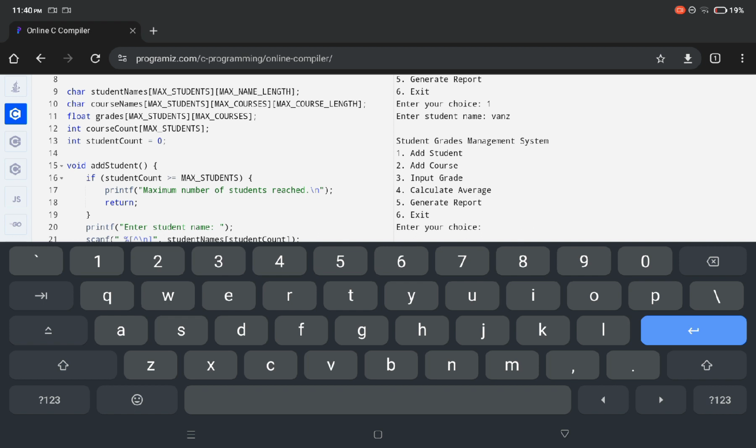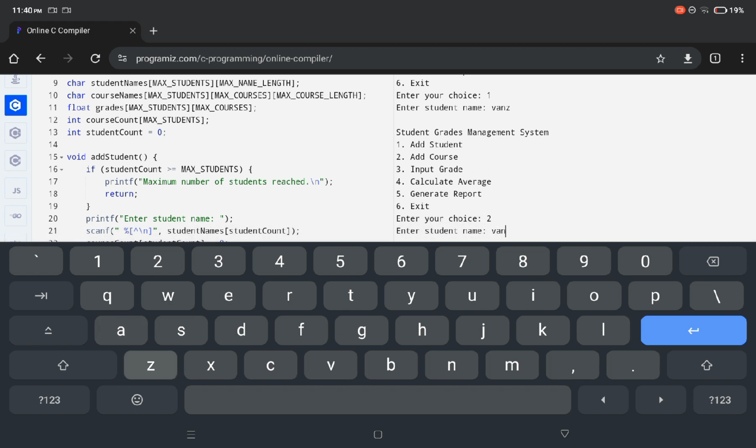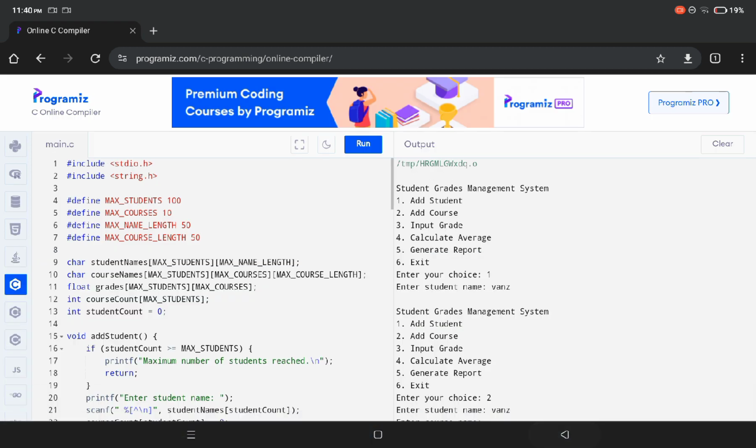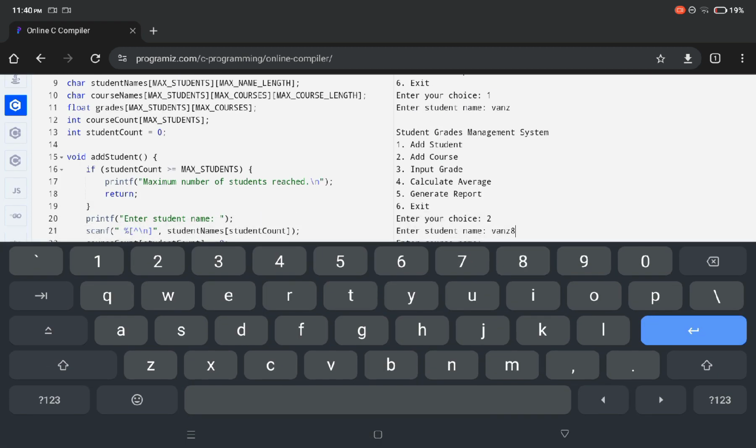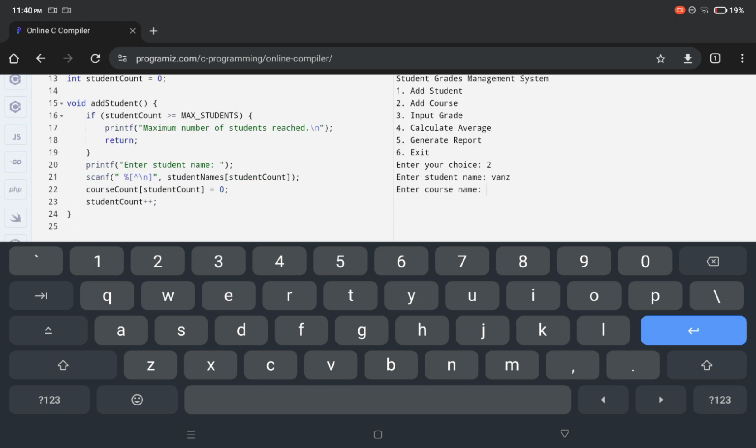So we have to choose 2. Then student name, Vance, and the course name is math.